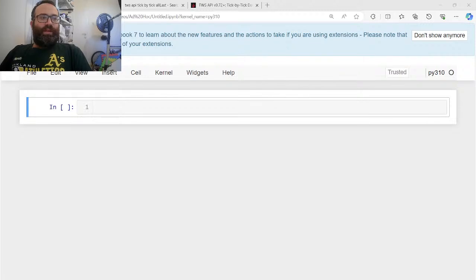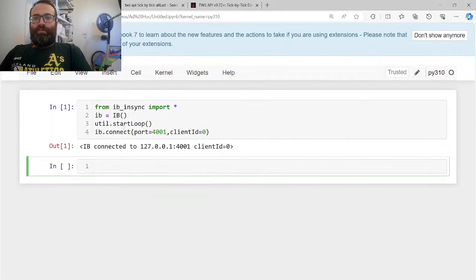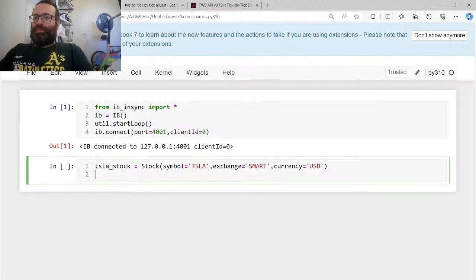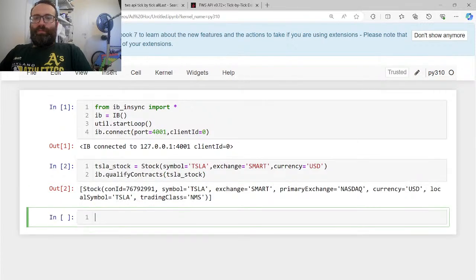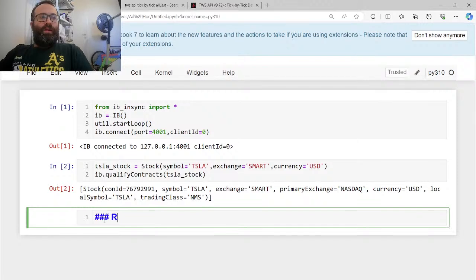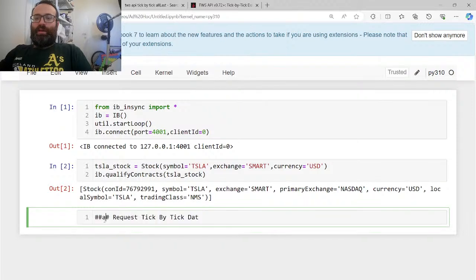Okay, so let's first connect the IB. Let's define the contract object. So we're going to define Tesla stock equals Stock, symbol equals TSLA, exchange equals SMART. You need to qualify the contract. Okay, so now this is the main part. Request tick by tick data,